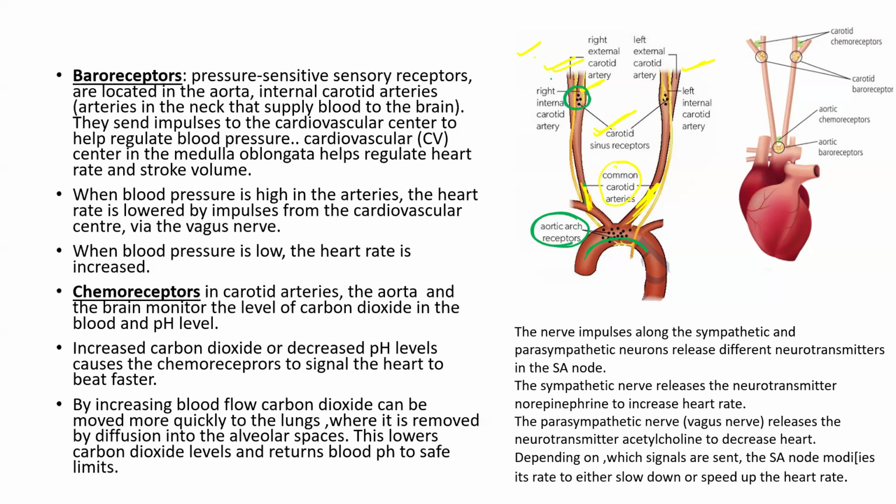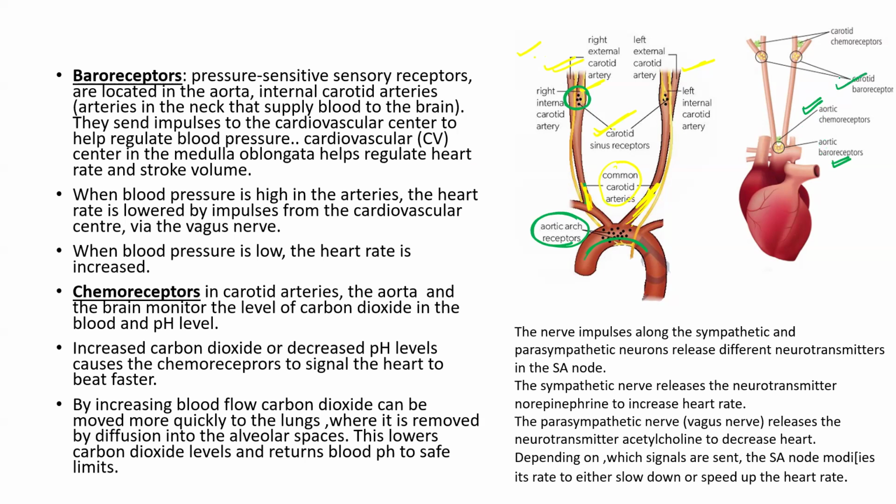Understood this diagram? Now see, understand carefully. Both receptors, baroreceptors and chemoreceptors, are present in the aortic arch and in the carotid arteries, but they are not at the same place. If you see in the aortic arch, you are finding the aortic chemoreceptor is up. Check the diagram carefully, and the aortic baroreceptor is a little down. I'm saying up and down just to make you learn. Understand the diagram very carefully, please.